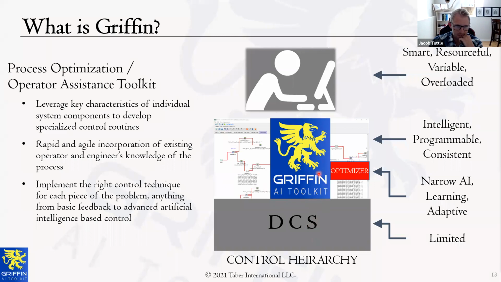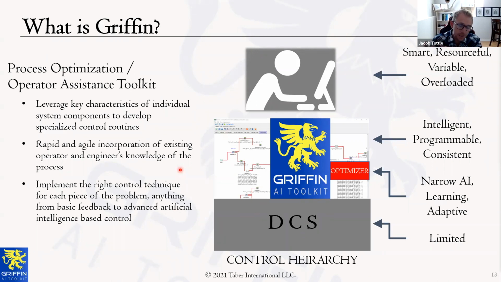The toolkit acts to bring out the best of both of these people, allowing for knowledge of people to be gathered and captured inside of a control system, while also maintaining flexibility and robustness that the DCS provides. And so all of these things, that's really what Griffin is. Griffin itself